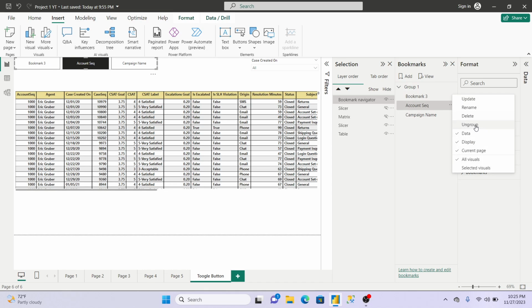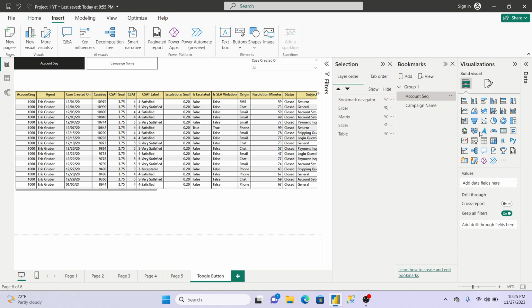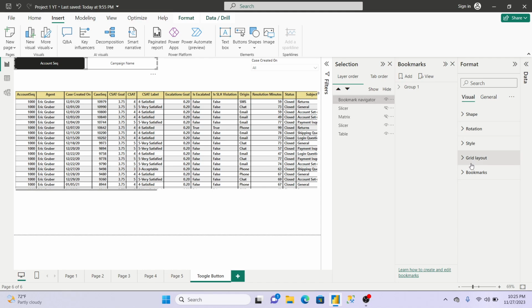First of all, delete this one. Just go to this bookmark, and for example if 10 to 15 bookmarks are there, then whichever are required you can group and select this group. Now go here, select this one again, and now it will show group 1 here, whatever group you have selected. You can also decrease its size like this and bring it here in the middle.